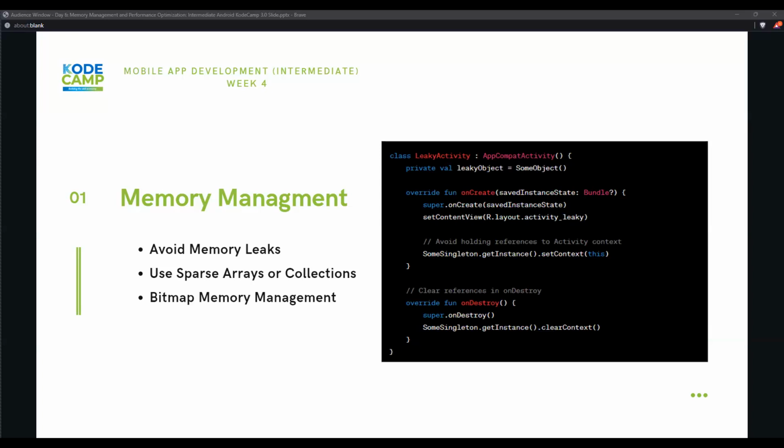You can see this screenshot here. So when you create an object